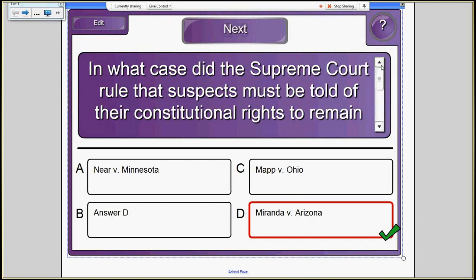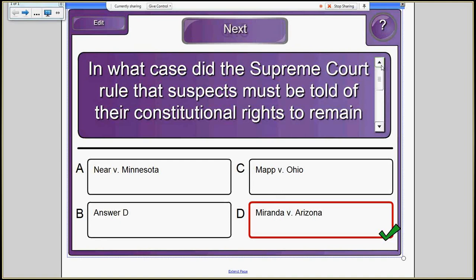You also have a whole series of cases. Mapp is an earlier one, Mapp versus Ohio, which you see as an answer, in which the court rules through the 14th that the Fourth Amendment applies to the states, meaning you must have a warrant to search a home or must have probable cause. If the officers don't have a warrant, then the evidence should not be used in court. Same with Miranda, similar, but it's the Fifth Amendment.